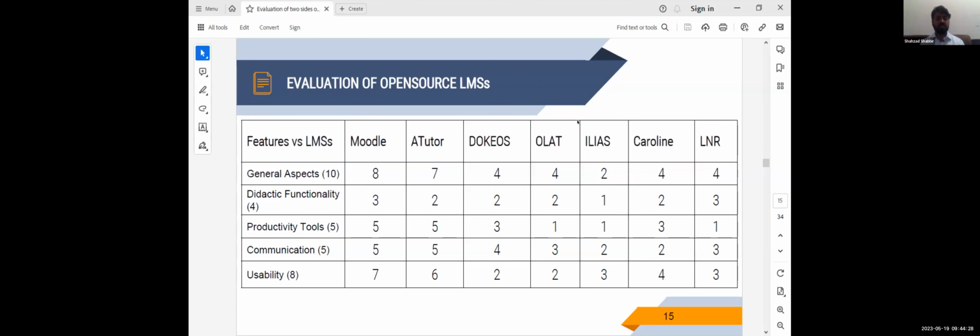So these are some aspects that should be present in that learning management system. And then we have divided these features into 5 categories. For example, for general aspects, I have written 10. So it has some 10 features available.